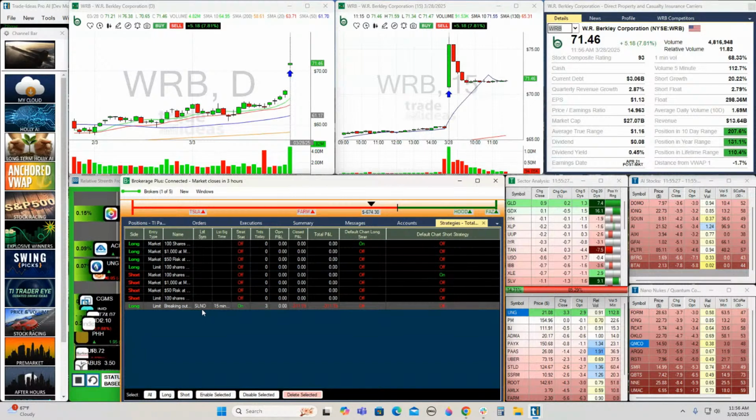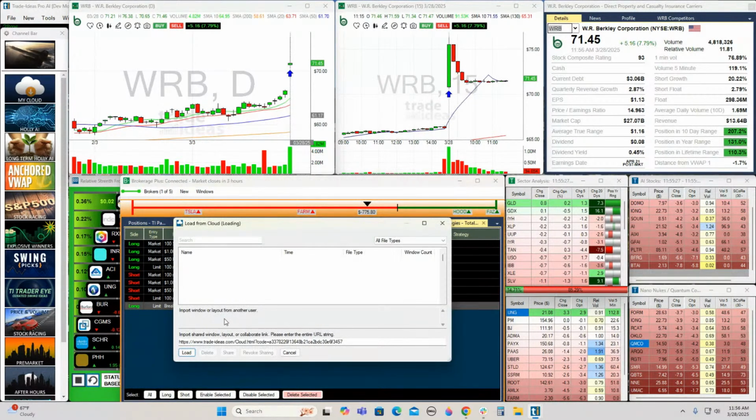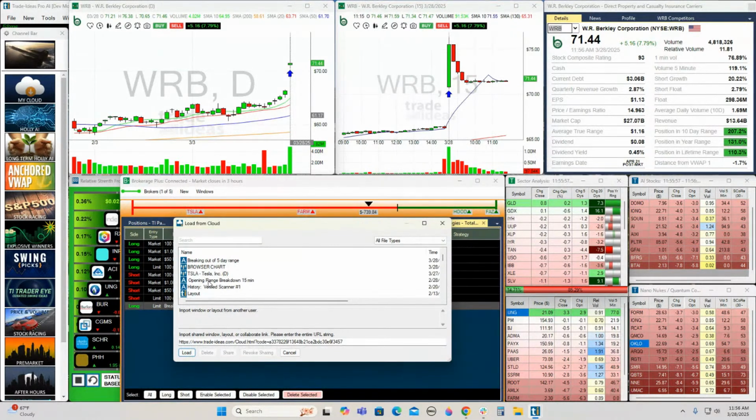First of all, it has to be an alert window, cannot be a top list, right? You have to have an alert. So you just right click and you load from cloud. You have to have it saved to the cloud, and it pulls up the cloud. And let's say I wanted to, here's an opening range breakout 15 minutes. I want to add this, okay? So basically you just highlight it and you load